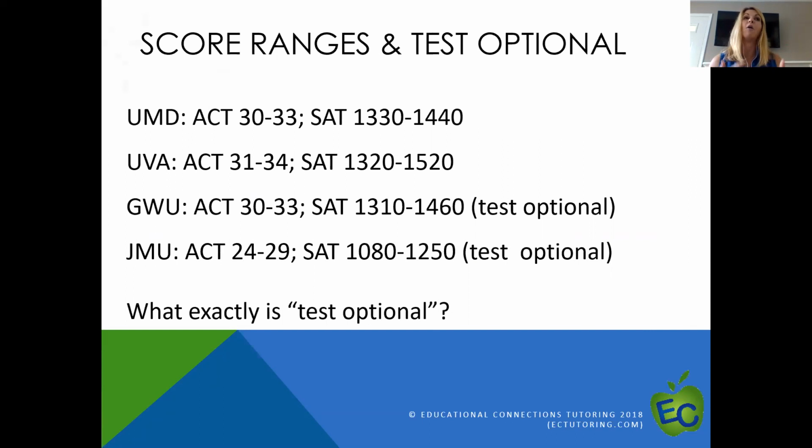In fact, almost 1,000 colleges have some type of test optional program. Test optional is when they don't consider your test scores in their admissions decision. But your GPA has to be in a certain range to be considered for the test optional program. So, for example, at George Mason University, which is a local university, in order to not submit your test scores,